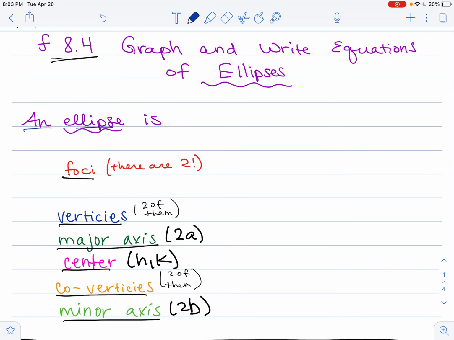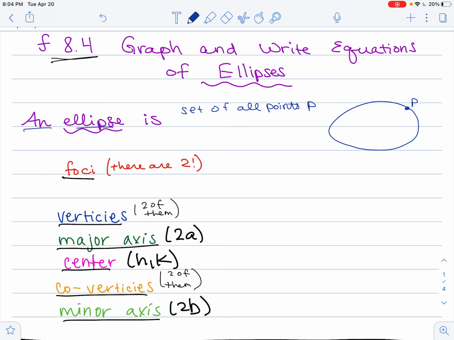Hey everybody, we are talking about ellipses today, and basically an ellipse is kind of like a big oval, okay? So this is the shape approximately of an ellipse, okay? And basically what an ellipse is, it's the set of all points, we'll call them P, so here's one of the points, P,